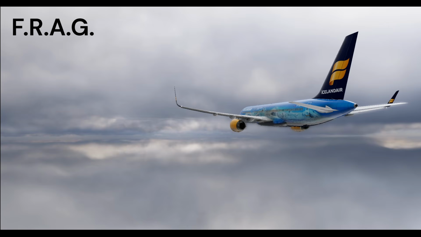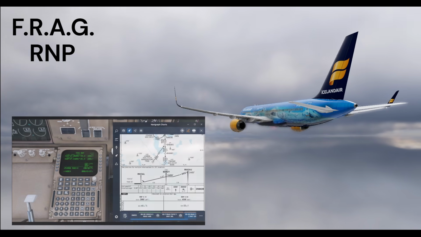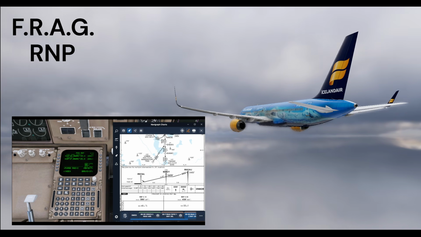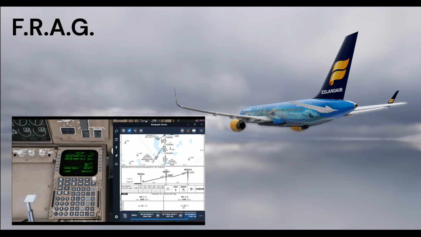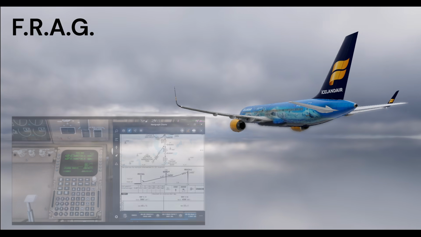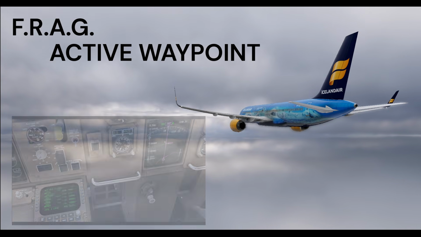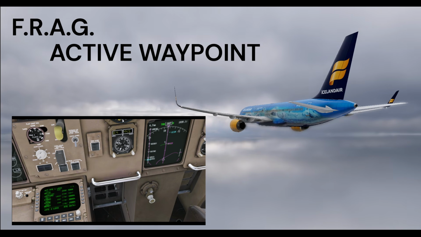Now, the R in FRAG stands for RNP. While this isn't simulated, if we were shooting an RNP approach, we'd essentially just want to make sure that the correct RNP value is entered in the FMC, the lowest being 0.30, which we can do in the 7.5. Now, the A in FRAG stands for active waypoint, so essentially we want to ensure that we are flying